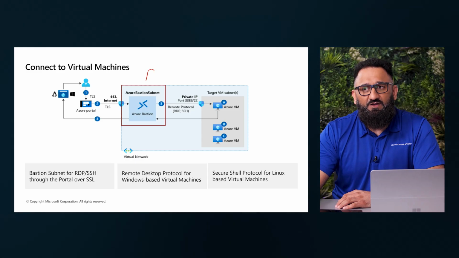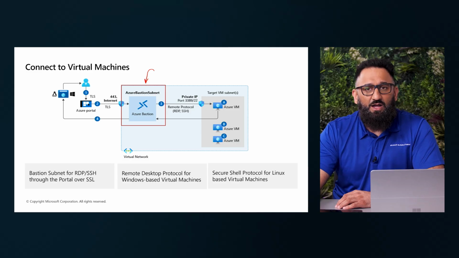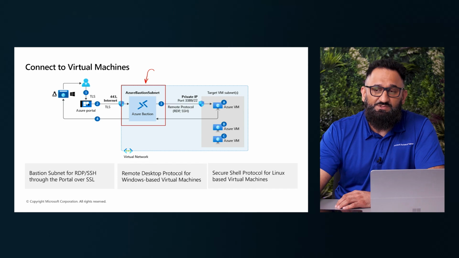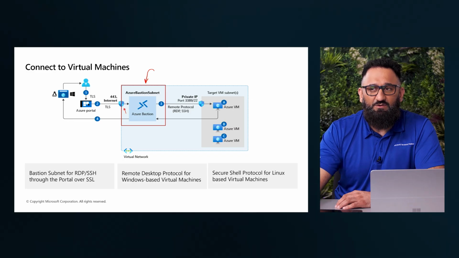One of the key things you'll have to understand is that it will create a subnet inside the virtual network that I am trying to connect to, or where the resource, for example a virtual machine, is that I'm trying to connect to. It'll need its own subnet. The subnet name has to be written like so: AzureBastionSubnet. It cannot be anything else. And as part of that setup, it will create some other things in the back end, like a couple of NSGs to be applied in that environment.